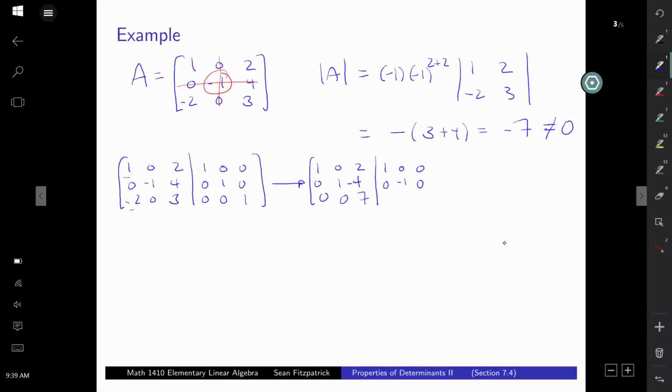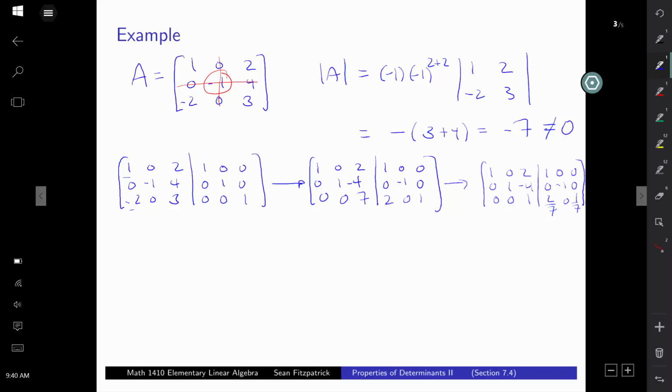So I get that 7, right? And then over here, I'm going to get 2, 0, and 1. Okay, divide by 7. 1, 0, 2, 0, 0, 1, minus 4, 0, 0, 0, 1, 2 sevenths, 0,